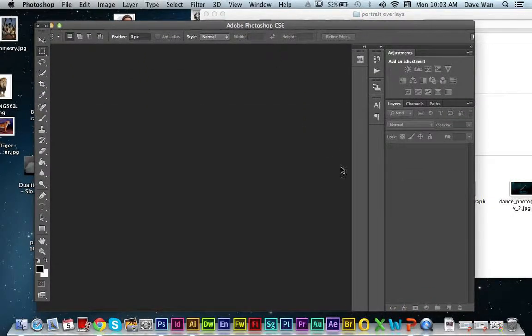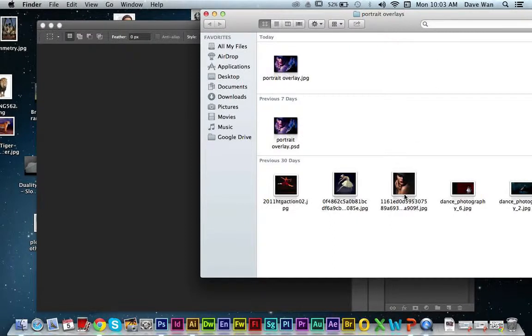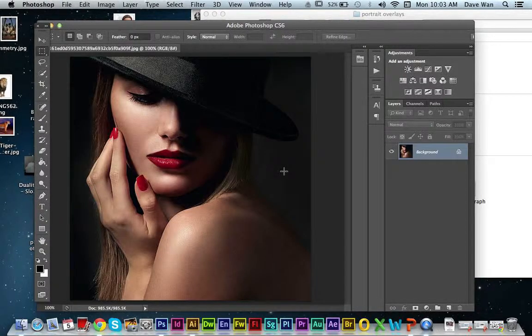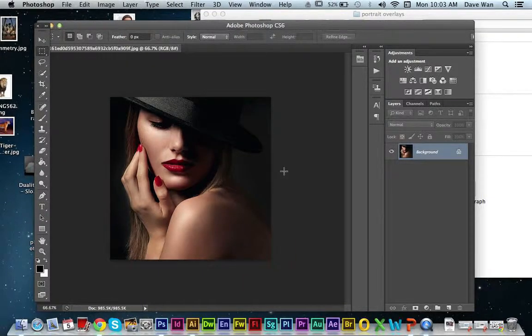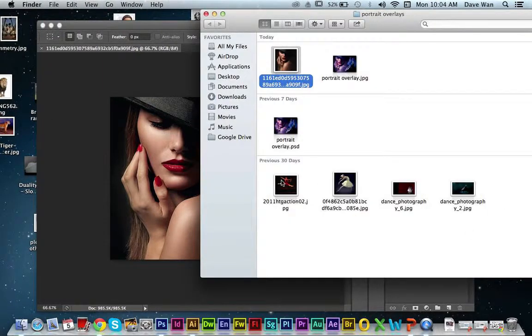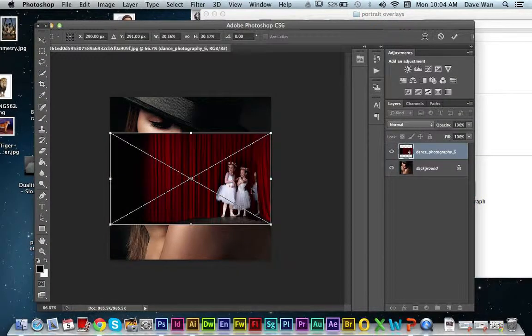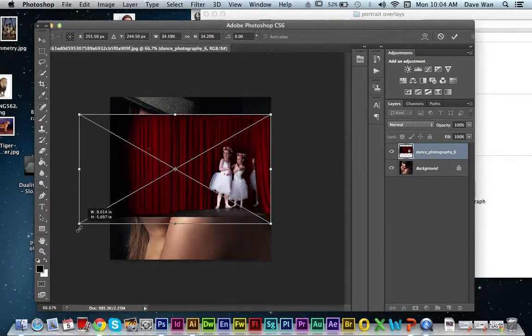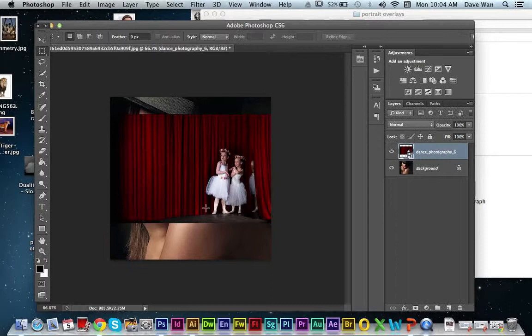Basically you're going to open up Adobe Photoshop, and your main image is going to be the black and white image. So I'm just going to click and drag that onto Photoshop, and I'm going to use this as my primary image. So the primary image is going to be the one portrait photo of the person. Now, in order to do the overlays, you're going to add the other photos here. So I'm going to click and drag this one with the little girl,